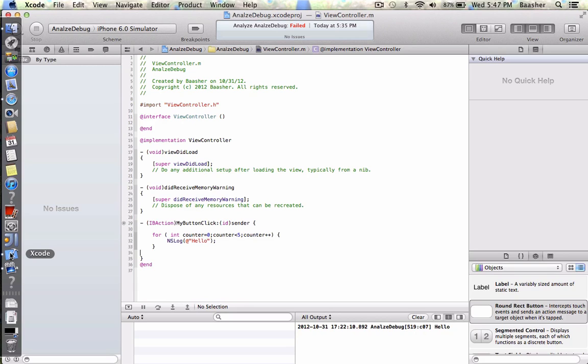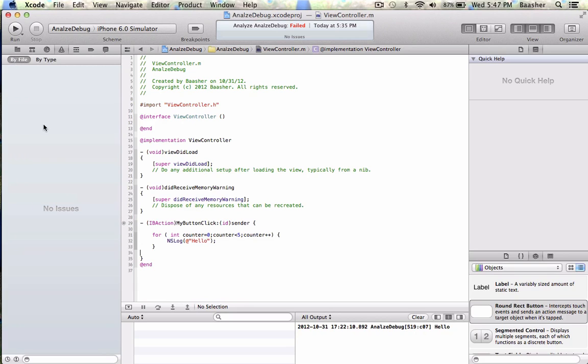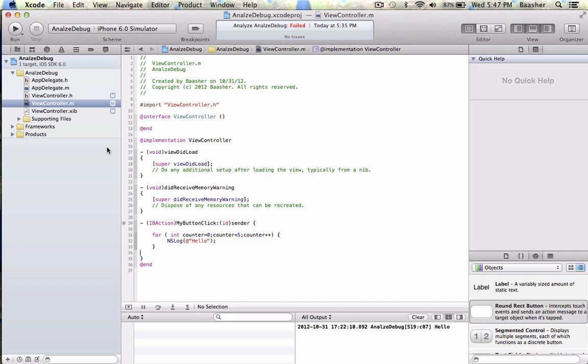Analyzing and debugging code. We're going to look at some examples of how to analyze and debug code. So I'm in a very simple project right here, and here's my code. I've opened up the ViewController.m file, and I'm going to create an object